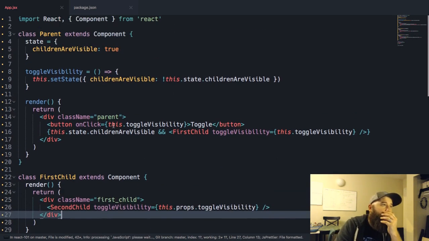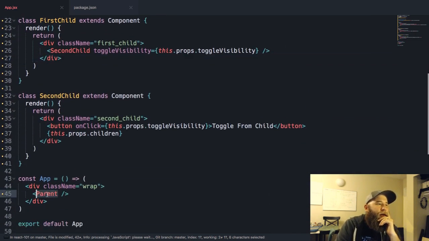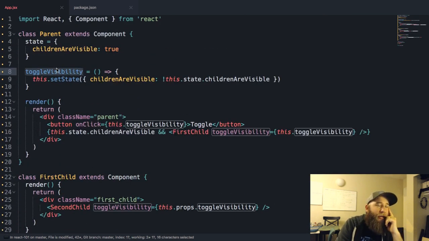Okay, so now I'm sorry it's not as clear as it was before, but our parent is getting called here. Inside of our parent, we're making a toggle visibility method that is bound to the parent, but we can pass, this is actually one of my favorite things about React, is that I could just pass JavaScript functions around. You don't understand. I don't work in React for my day job.